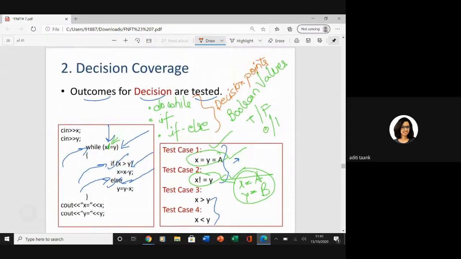So would it be correct to say that decision coverage is basically a lower level decision table, in that we made the test, but it was on a higher level? Yeah, right. There we were going ahead with black box testing, and in some sense, here we are going ahead by looking at the piece of code. Whereas in case of decision tables, we were looking into the complex logic.